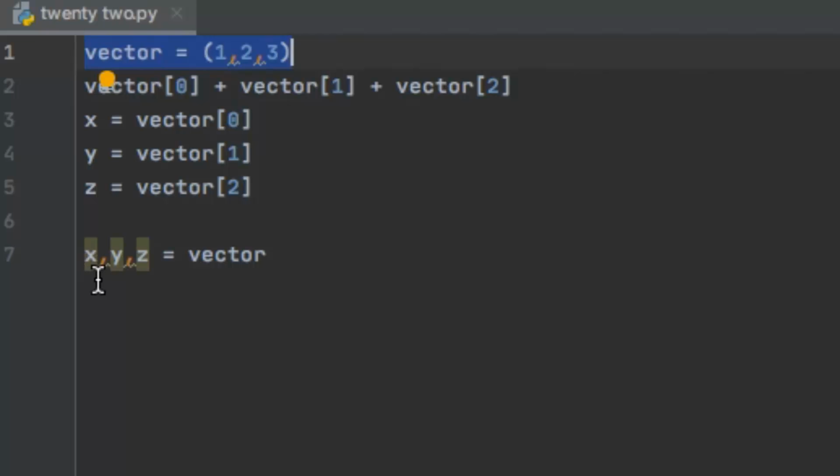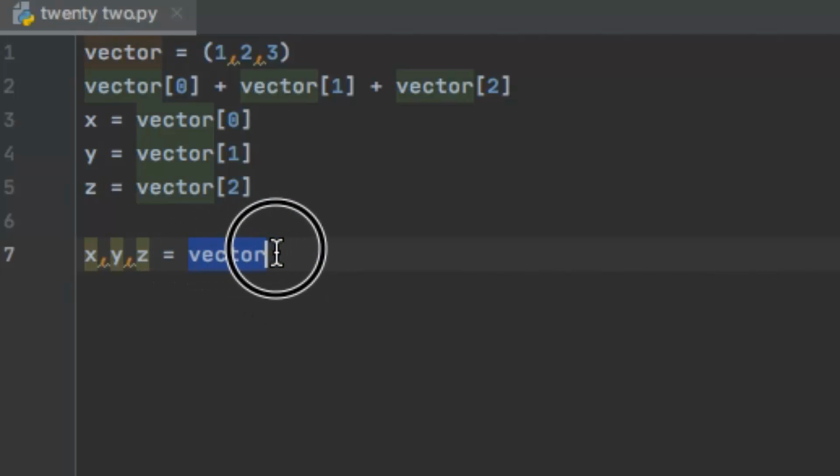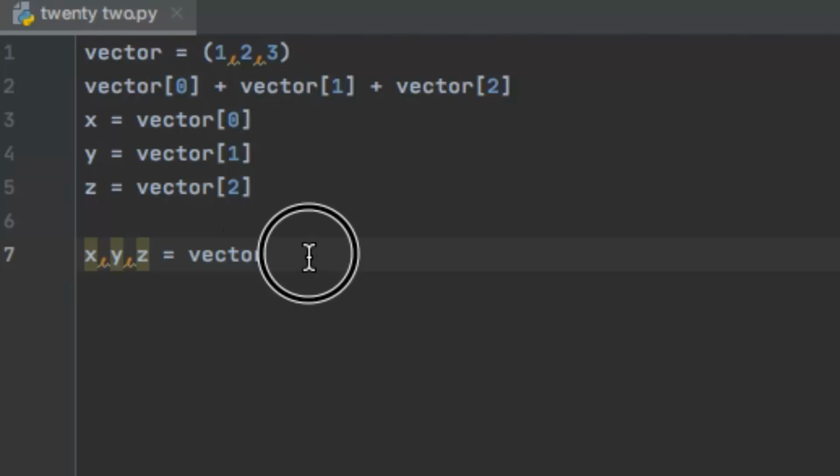Now when I define three variables x, y, z, then the values contained inside of this tuple vector would respectively be assigned to these three variables x, y and z. In that way x would contain value 1, y would contain 2 and 3 would go to z.